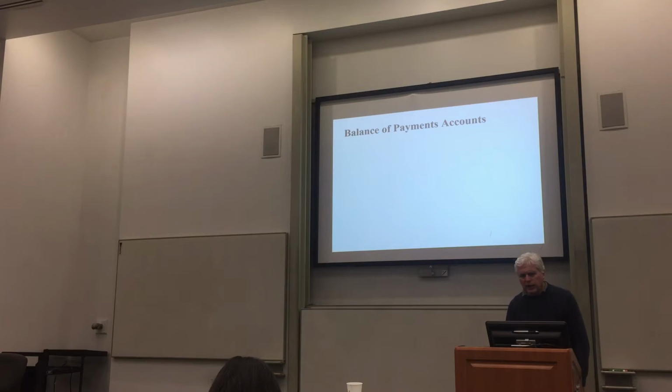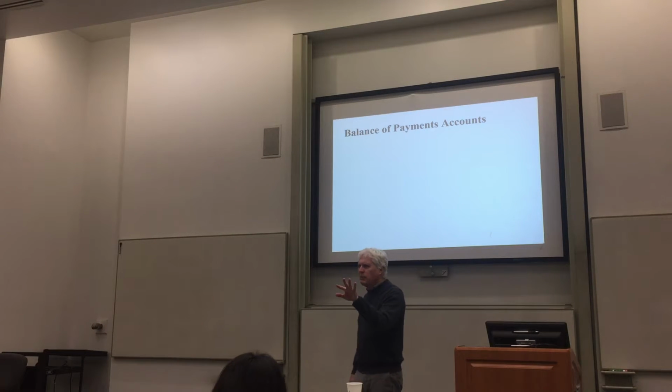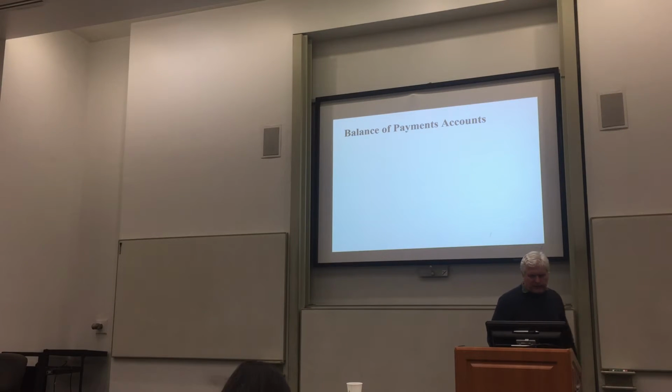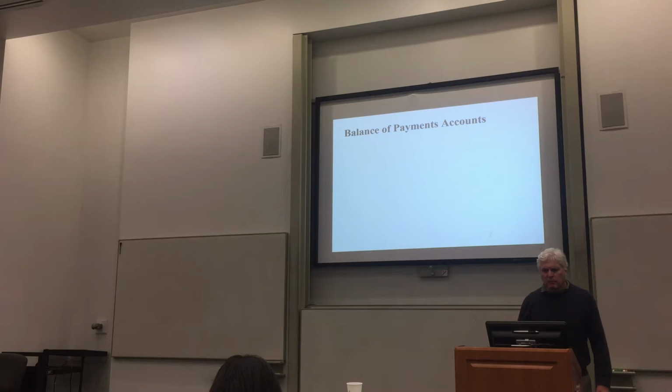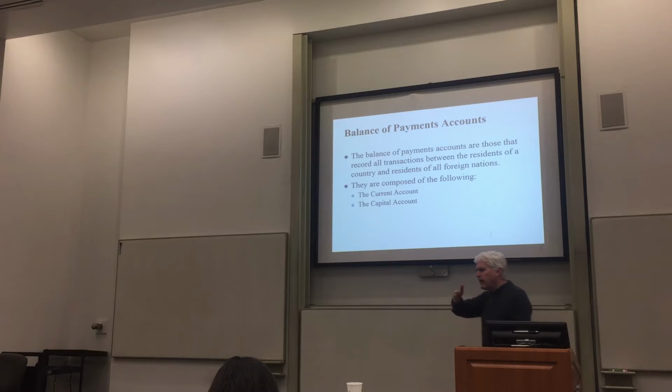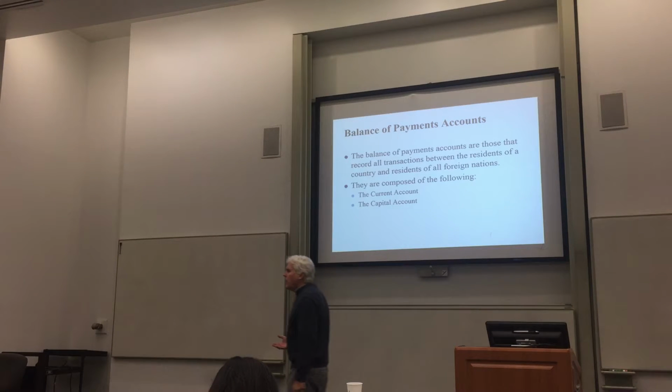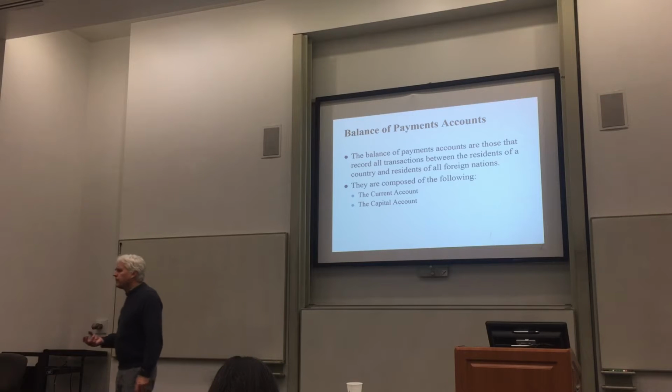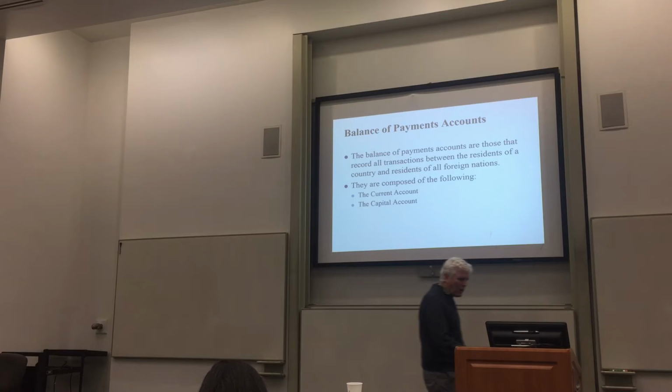Now, the other thing to understand about the balance of payment accounts, and by the way, I'm simplifying just a little bit here, but I'm not missing anything big. There are just some subtleties in the way the actual statisticians keep track of things that aren't worth our time. The balance of payment accounts are designed to record all of those transactions, and for all intents and purposes, they are divided. We keep track of two different things. We keep a so-called current account, and I'll explain that, and then we keep a capital account, and I'll explain that.